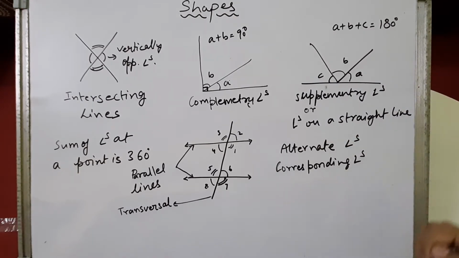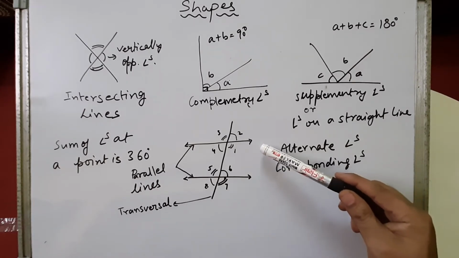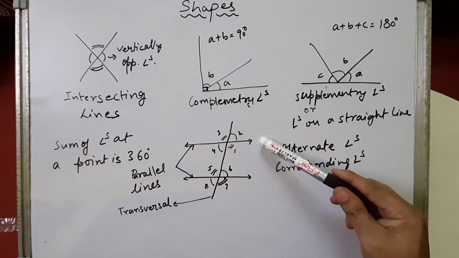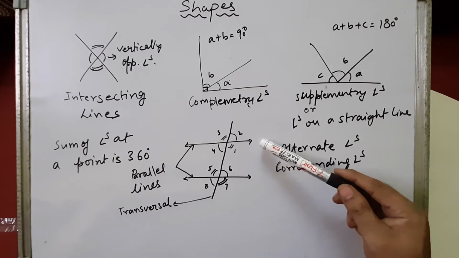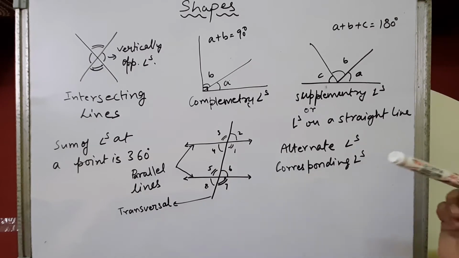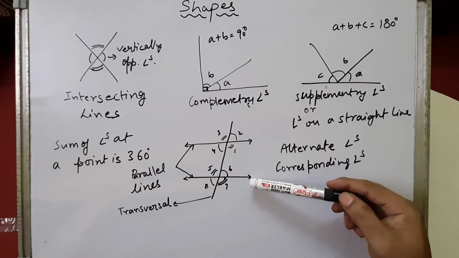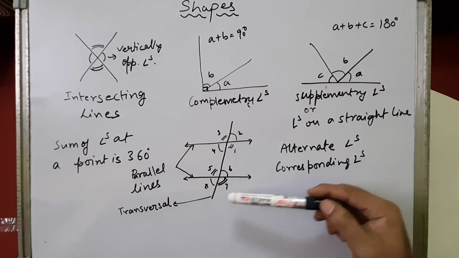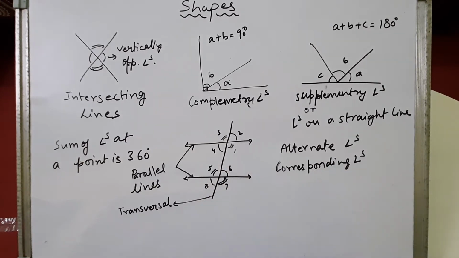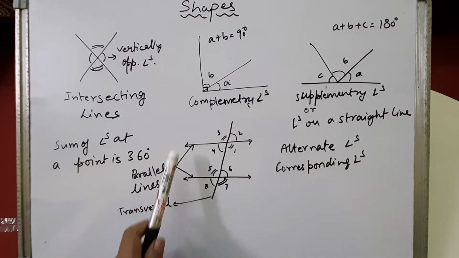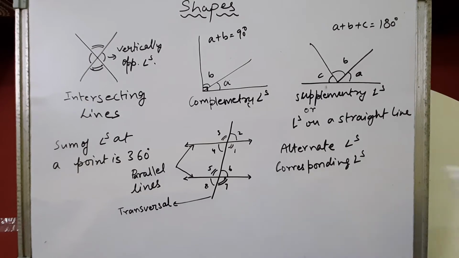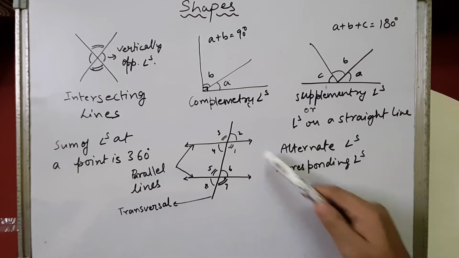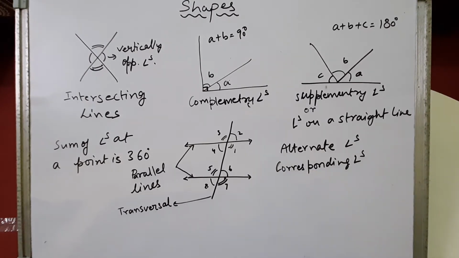Okay. Next, when the lines are not intersecting with each other, when lines do not intersect even on moving further, forward or backward, they will be called parallel lines, right? You can see if we produce these two lines further, they will not intersect forward, and if we produce this side, again they will not meet. So these two lines are called parallel lines.